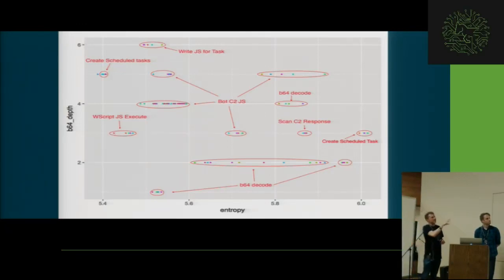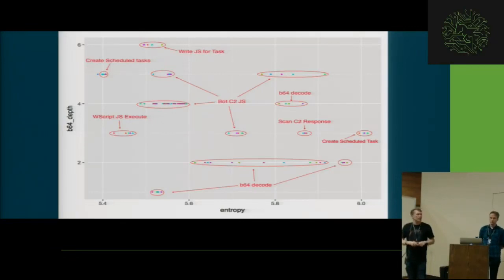But for this scenario, since we were using base64 decoding depth as one of the axes, I don't believe it could really be applied elsewhere unless we see base64 decoding depth being used again. So this was almost just for clustering the FIN7 documents themselves. What I didn't really mention well is that the reason I did the clustering was to look at those minute changes, which I saw later on when I was comparing the files within the clusters. But definitely it could be used to look at different actors.